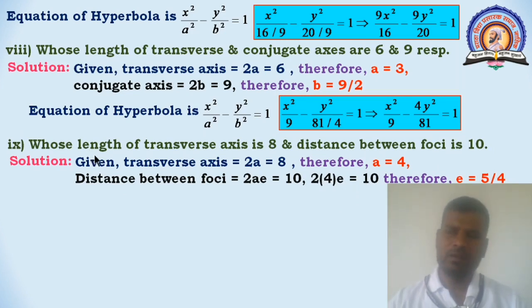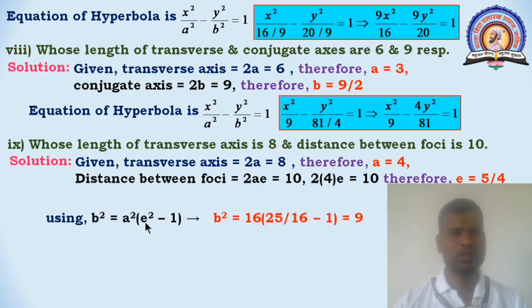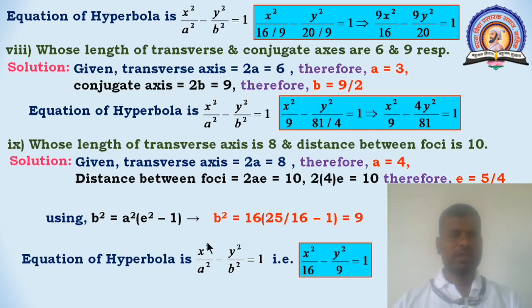Now to find the value of b, we will use the relation between a, b and e as b square is equal to a square into e square minus 1. Putting the values of a and e, we will get b square is equal to 9. Put the value of a square as 16 and b square as 9 in the standard equation of hyperbola, x square upon a square minus y square upon b square. You will get the equation of hyperbola as x square upon 16 minus y square upon 9 is equal to 1. The next example is